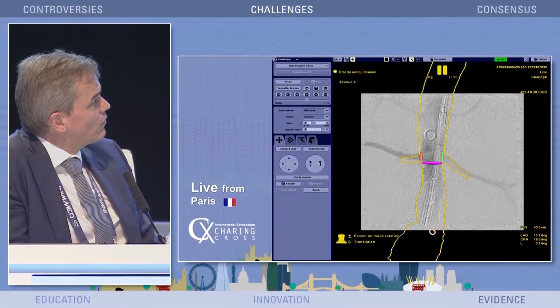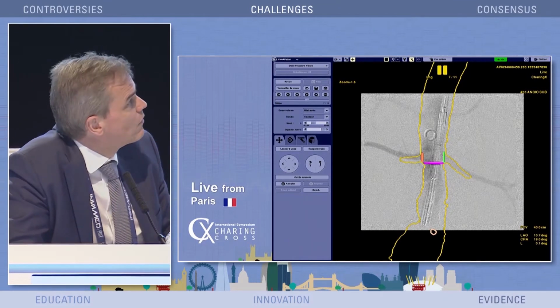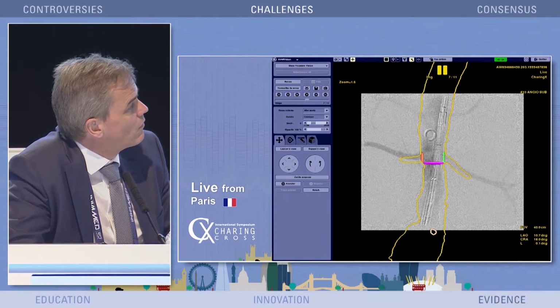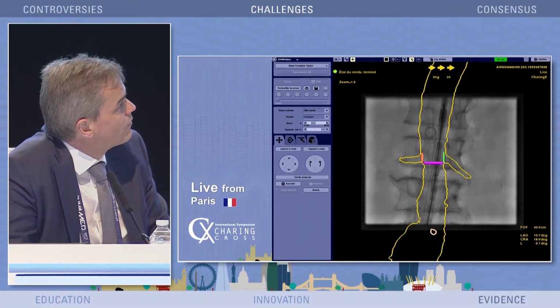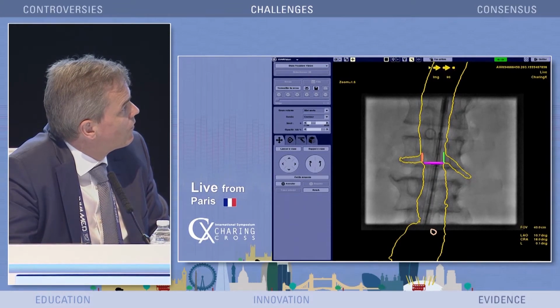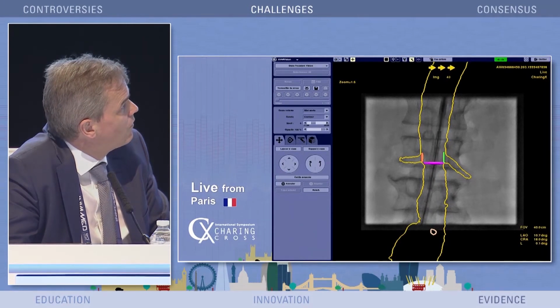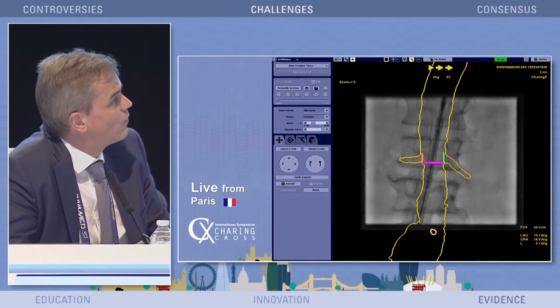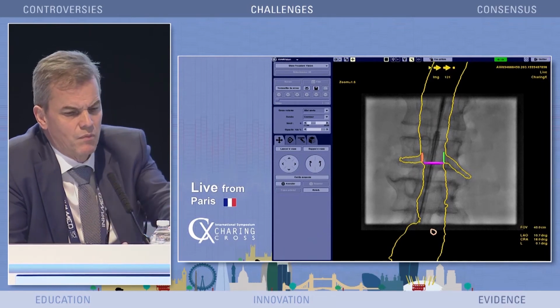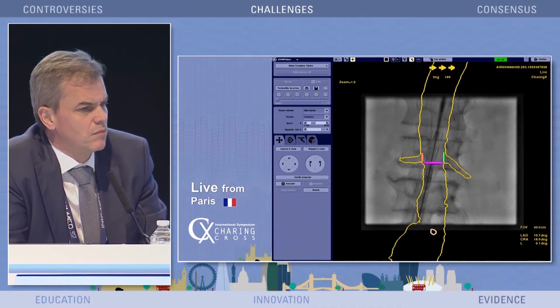Now, this is probably a good mask that I can trust 100%. So I'm going to start opening the endograft, positioning the markers at the level of this purple line, which is a line now because I'm in the good position. And I'm going to slightly unsheath. You will see the proximal uncovered stent slightly opening, and then the first sealing stent